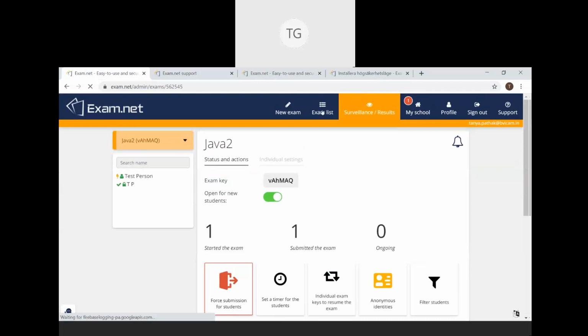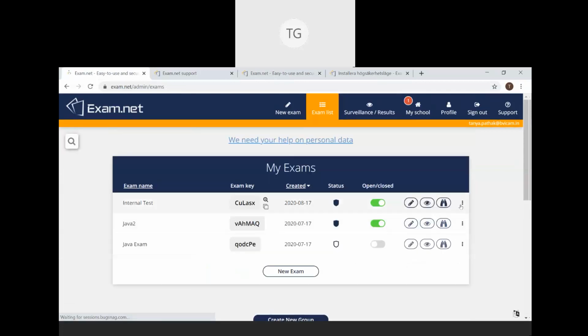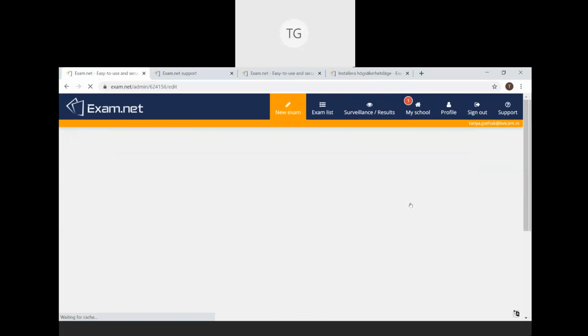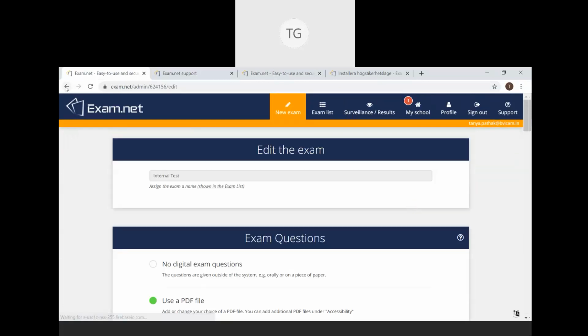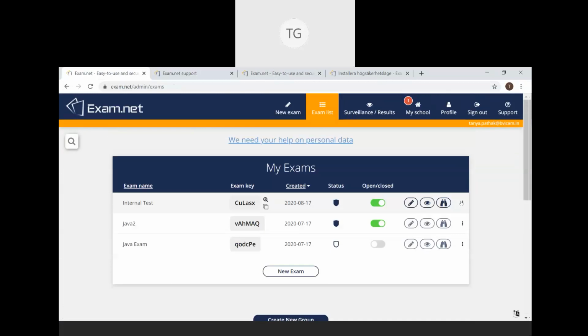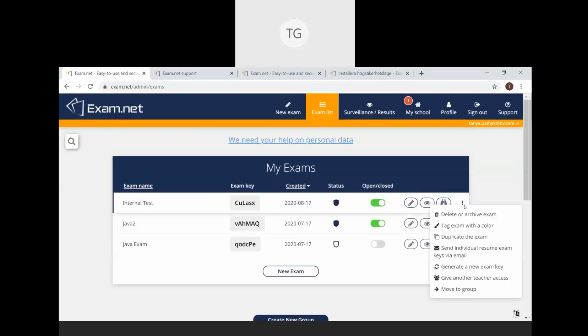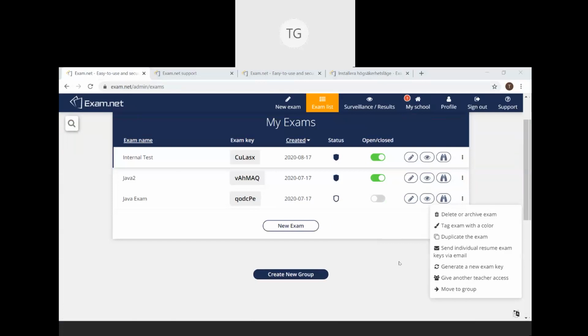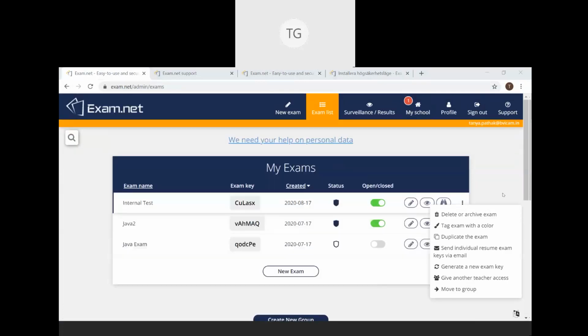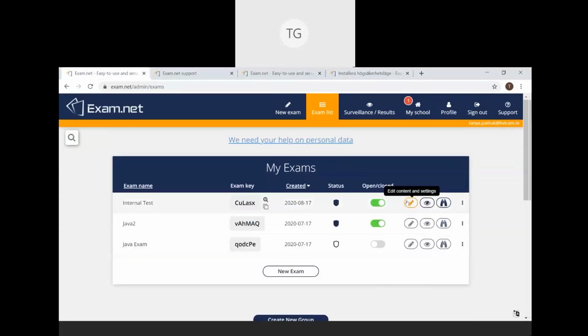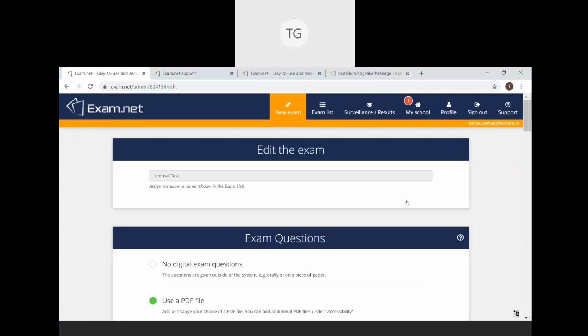Now for the exam that you have created, if you have to set up a time limit or certain additional settings, edit content and settings, right?